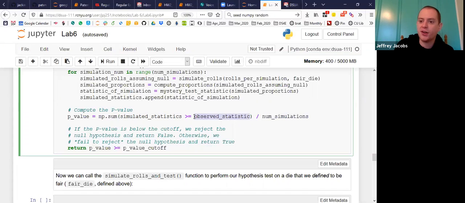I'm not surprised by this outcome. It seems perfectly normal for a fair die to produce that outcome, right? So if the observed statistic is less than the simulated statistic a bunch of times, if you reverse this order, I'm even gonna reverse it,